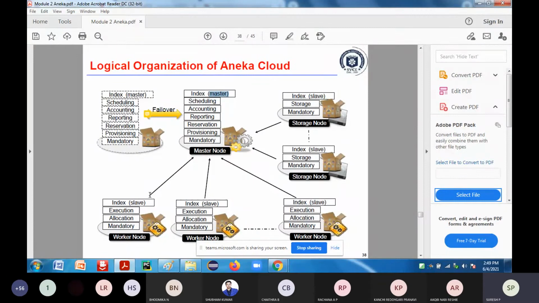To have the data, I have to contact the storage node where the data will be kept. Now, I should know how many storage nodes are required, because depending upon the intensity of the application, that many storage nodes will be provided.